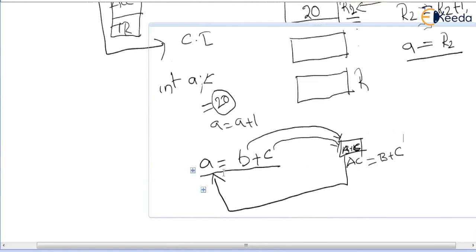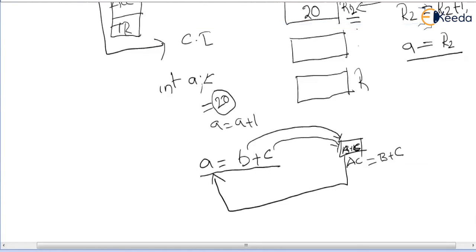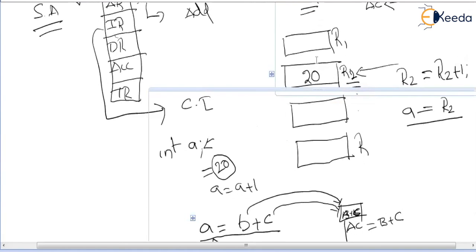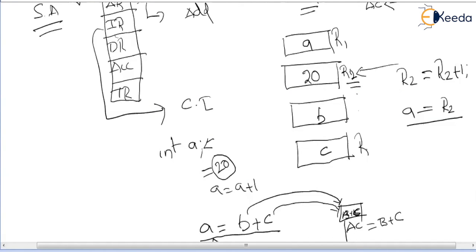What we do is, rather than loading everything into one register and making one register bear every variable and operation, we use several registers in which each register is assigned to one variable. Here I can assign A to R1, B to R3, let us say, and C to R4.